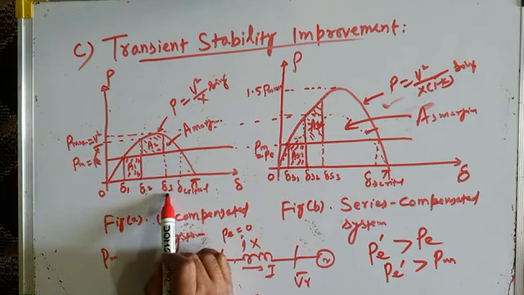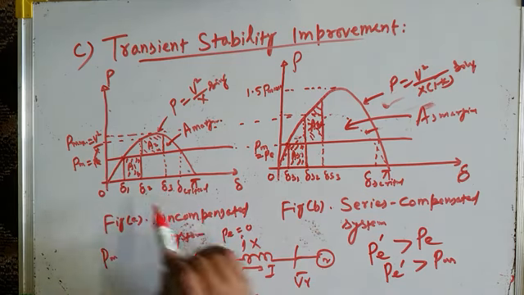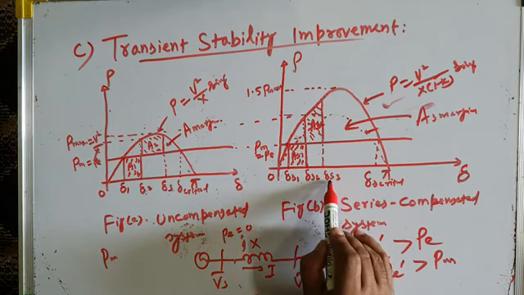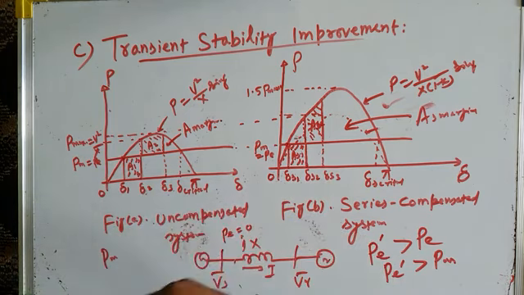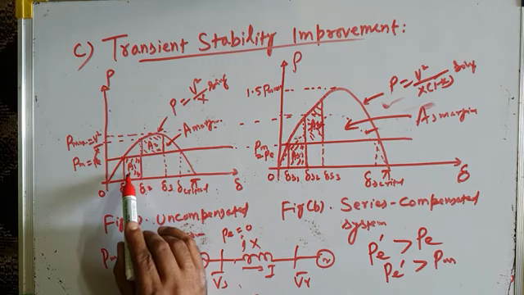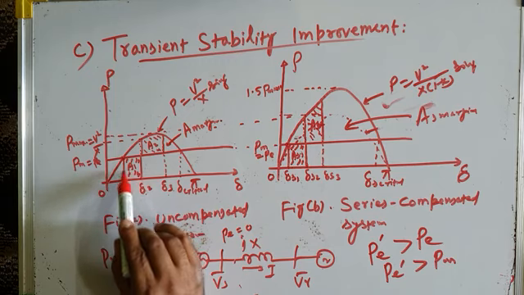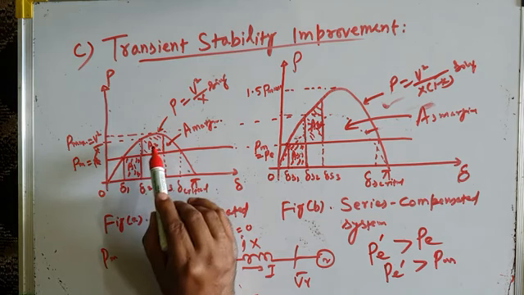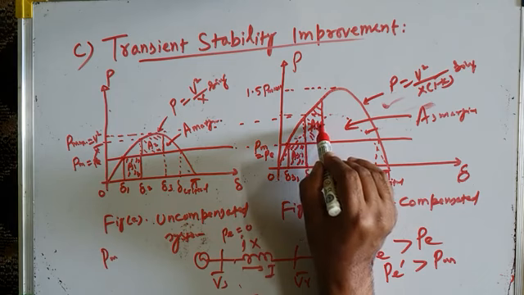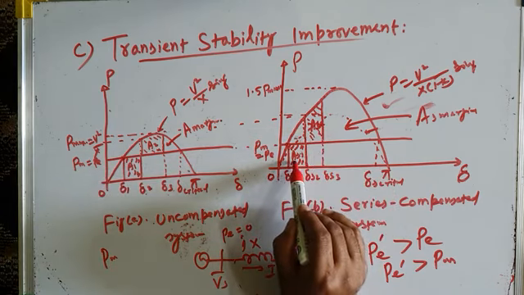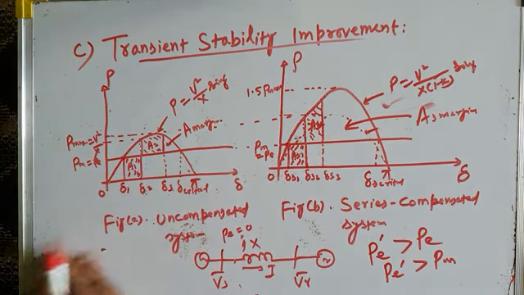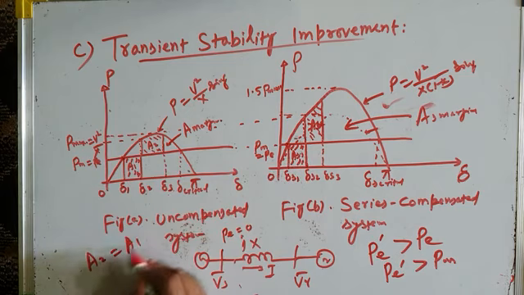It will increase from delta 2 to, for example, delta 3 for the uncompensated system. For the series compensated system, it will increase from delta S2 to delta S3 in such a way that the decelerating kinetic energy, represented by area A2, is exactly equal to the accelerating kinetic energy represented by area A1 for the uncompensated system. For the series compensated system, the decelerating kinetic energy represented by area AS2 is exactly equal to the accelerating kinetic energy represented by area AS1. So for the uncompensated system, when A2 is equal to A1, the system comes back to its steady state